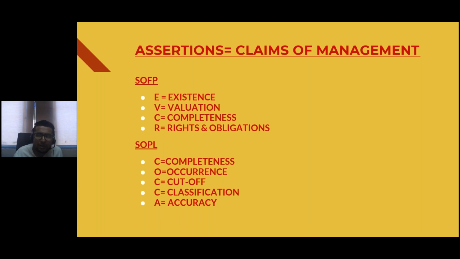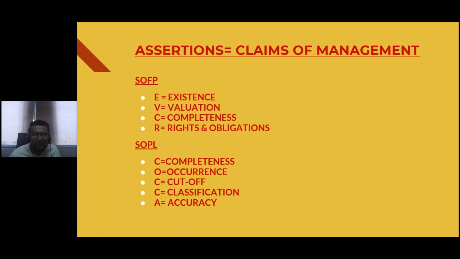Just imagine you received the goods on 27 December. So if you receive the goods on 27 December, you need to recognize the expense and the payable in this particular month. Even if you receive the invoice on 3rd January, you need to recognize the liability and the expense in this particular period. Similarly, if you dispatch the goods on 2nd January, although you received the order on 27 December, you cannot recognize the revenue, because until you have completed the performance obligation from your side, you cannot recognize the revenue. So this cutoff is extremely important.